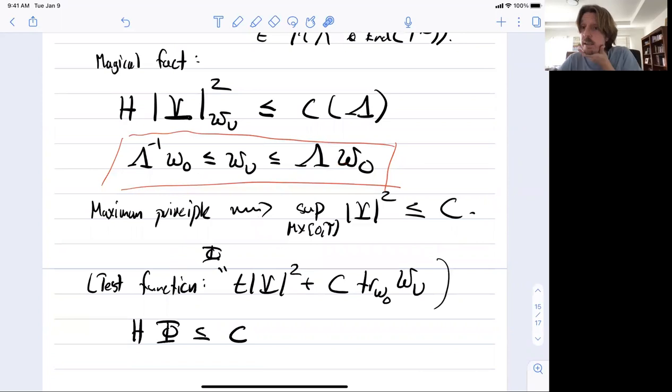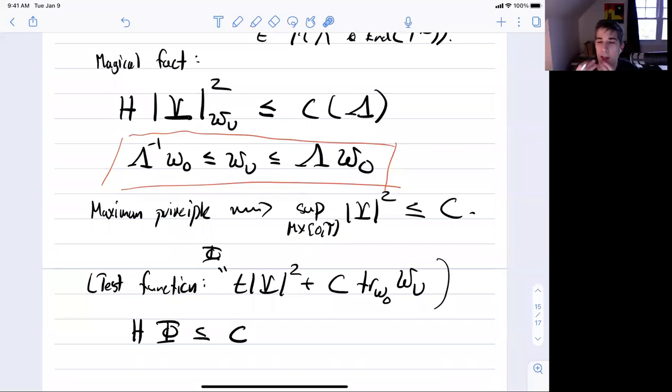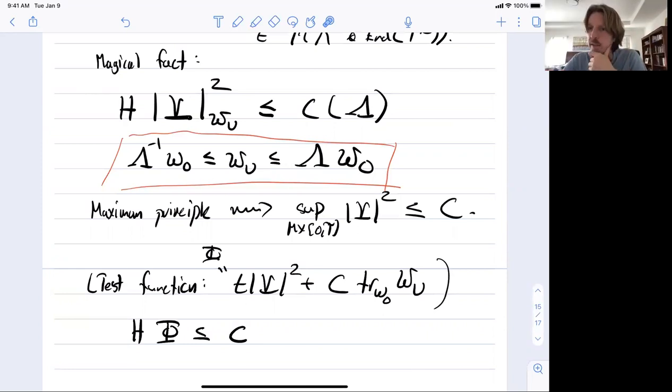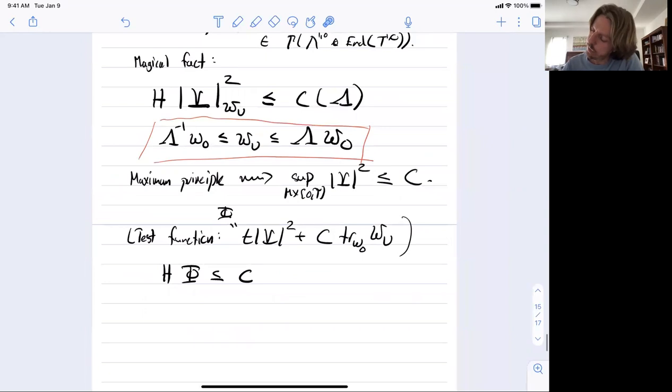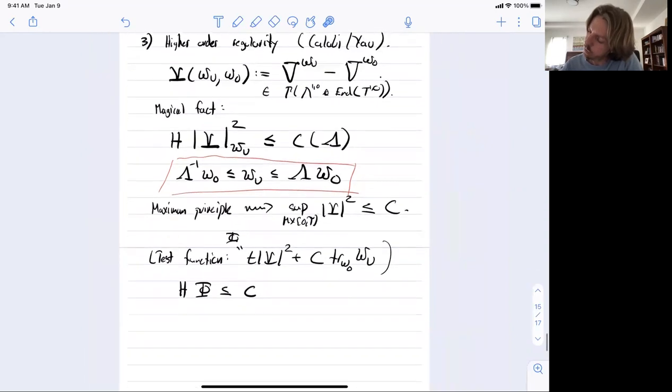No, it does. When I'm saying C, I'm careful here that the C's do not depend on time. That's key. Oh, okay. So I misunderstood. Okay, good. Yeah, they're uniform in time. That's key. So yeah, this gives